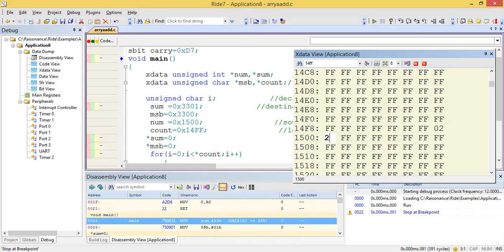So for example, assume that the first number is 2233, and the second is 4455. Now we can execute this particular program, and we can verify the result from 3300. So 2233 and 4455. It will add 22 with 44 and 33 with 55. So two 16-bit numbers. So you are expecting a result of 6688.